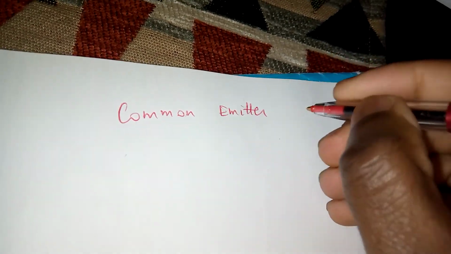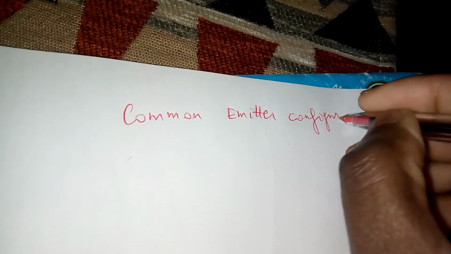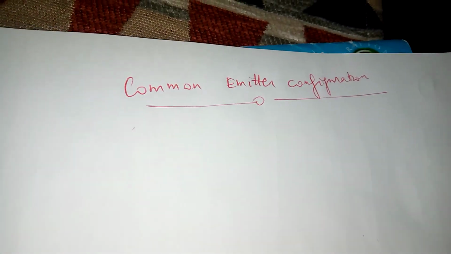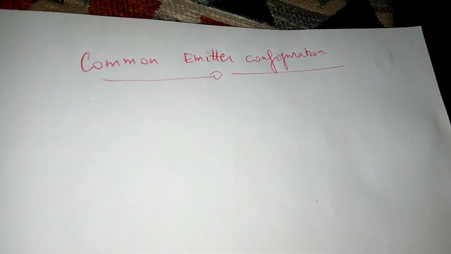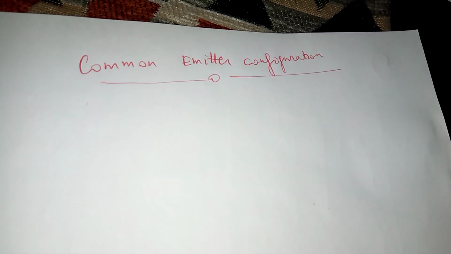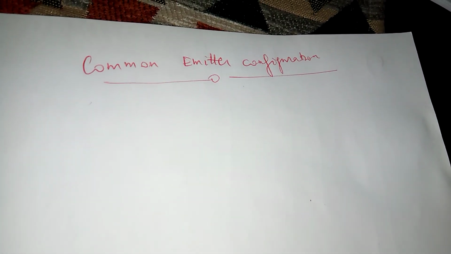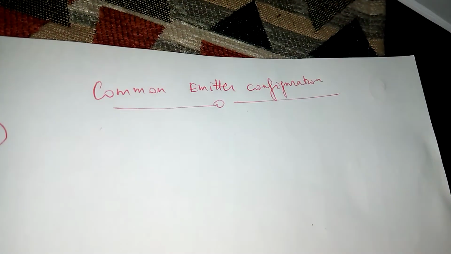Now, as I said, we start with the common emitter configuration. In the common emitter configuration, there are some sub-configurations. We look at the first one that we term as single power rail,